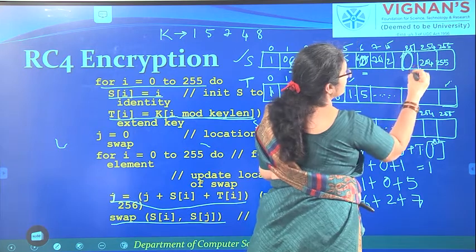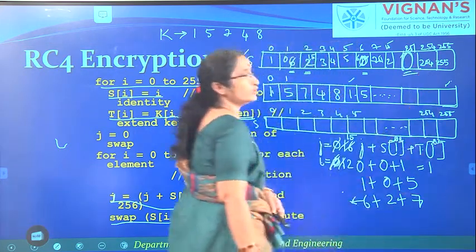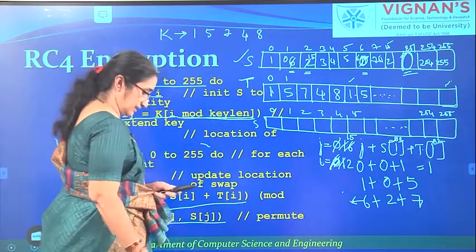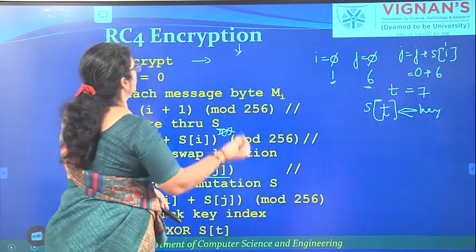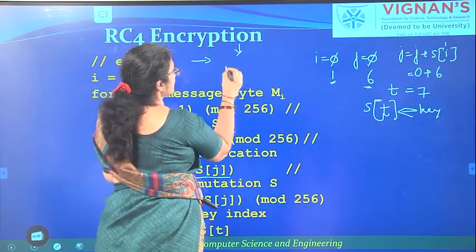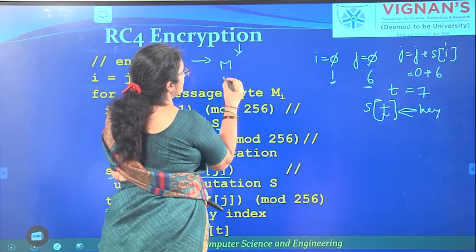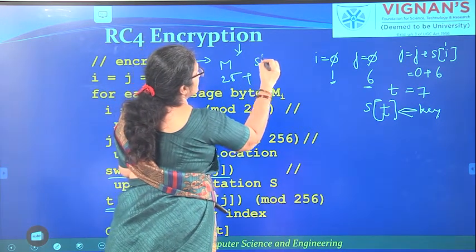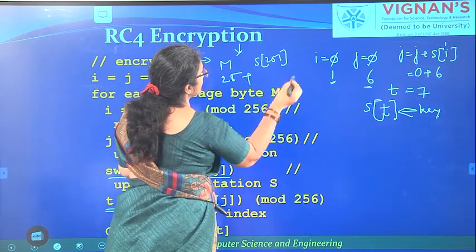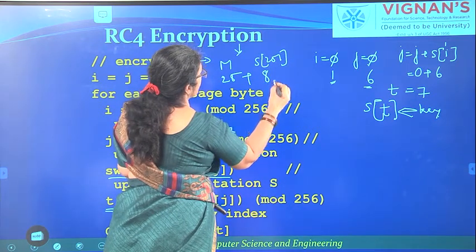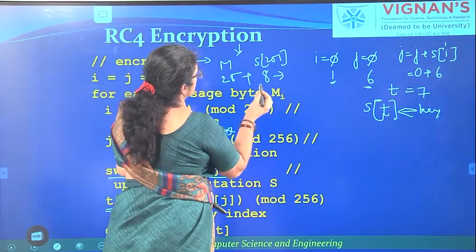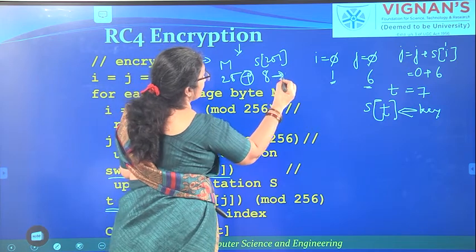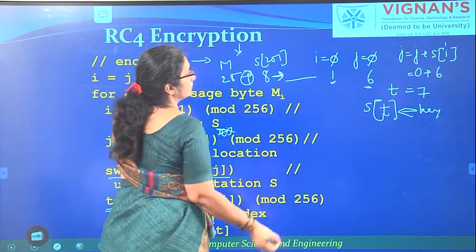Whatever value is present in this particular location, that value will be the key. So you will use that key value to perform the encryption for the message. Suppose our message value is 25 and at S of 251 you have 8. So you have to XOR this 25 with 8